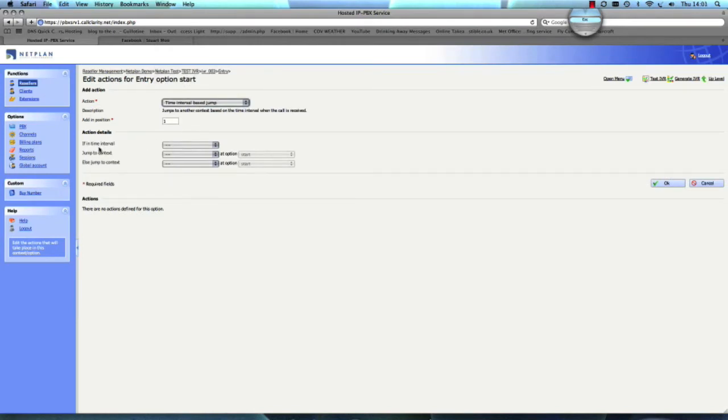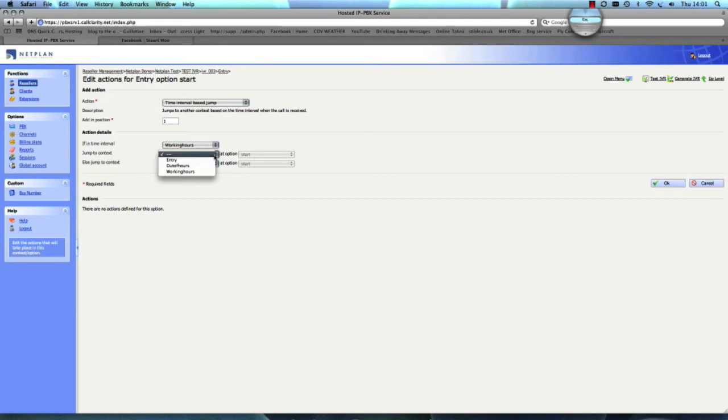Now what this is going to do is when someone dials the IVR, this time interval based jump is going to decide whether it's in working hours or whether it's in out of hours. So if the time interval is in working hours, which we defined,